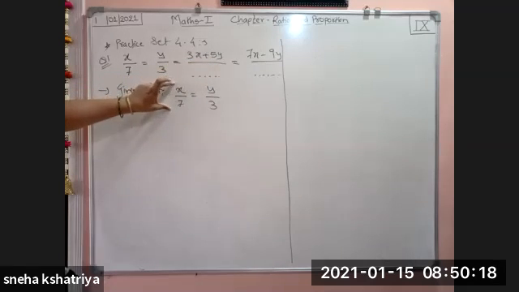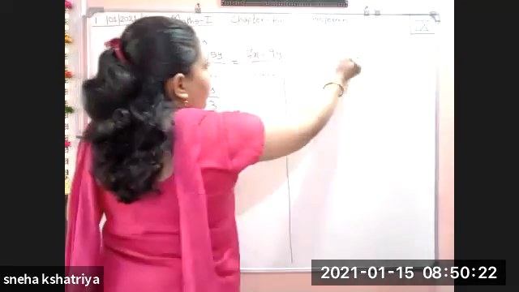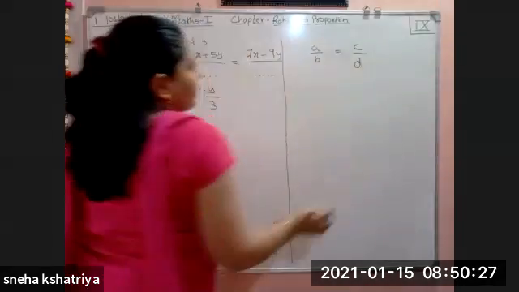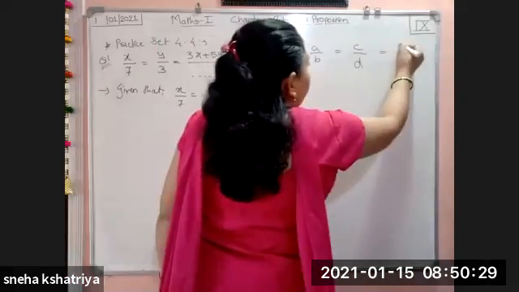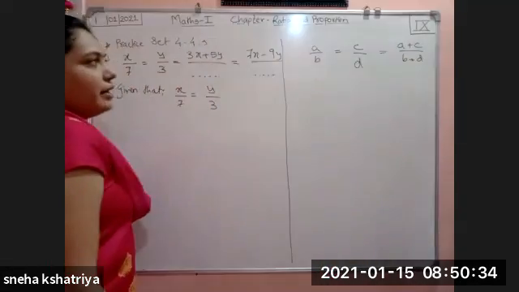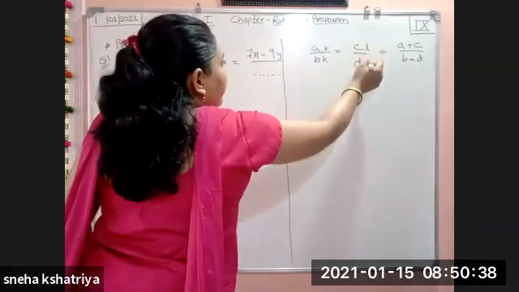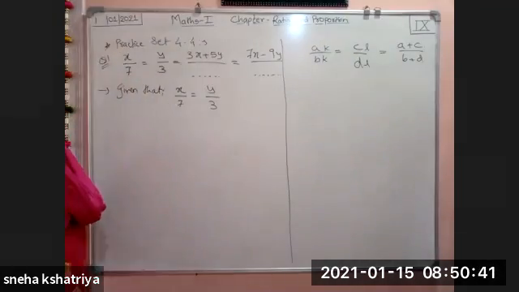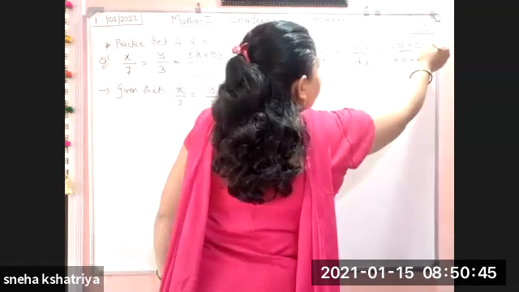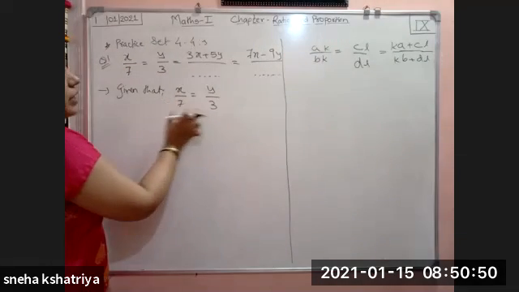Understood? So for this ratio, these two ratios are equal. What was the theorem of equal ratios? A upon B is equal to C upon D. So if we add, what will we get? A plus C upon B plus D. But here I have also added some K to the numerator and denominator, L to the numerator and denominator. The same thing will happen here. K will multiply to A and B, and L will multiply to C and D. The same thing has happened here. These two ratios are there.